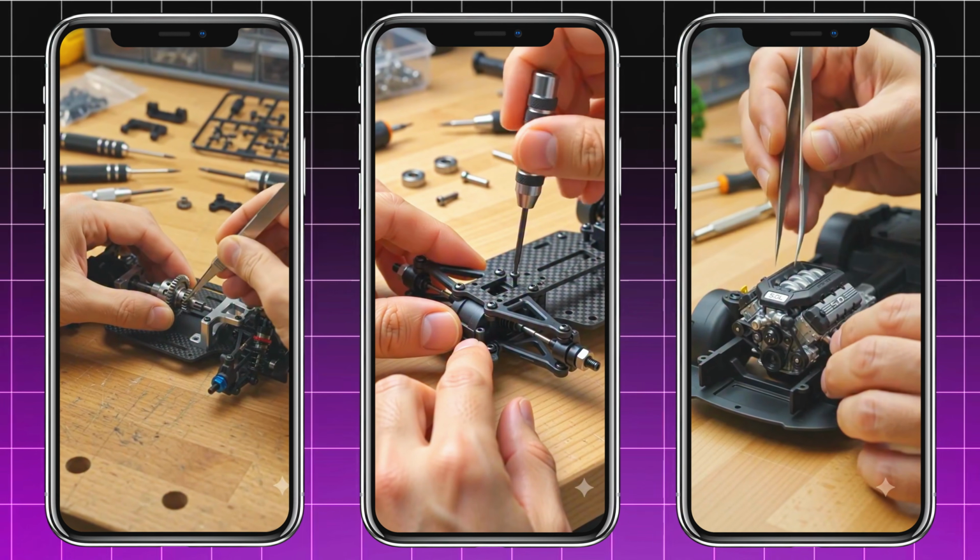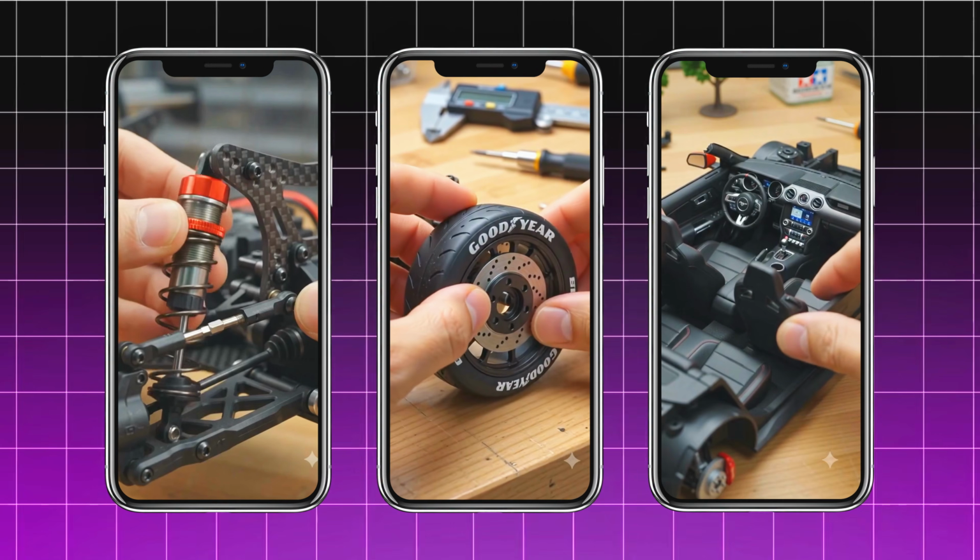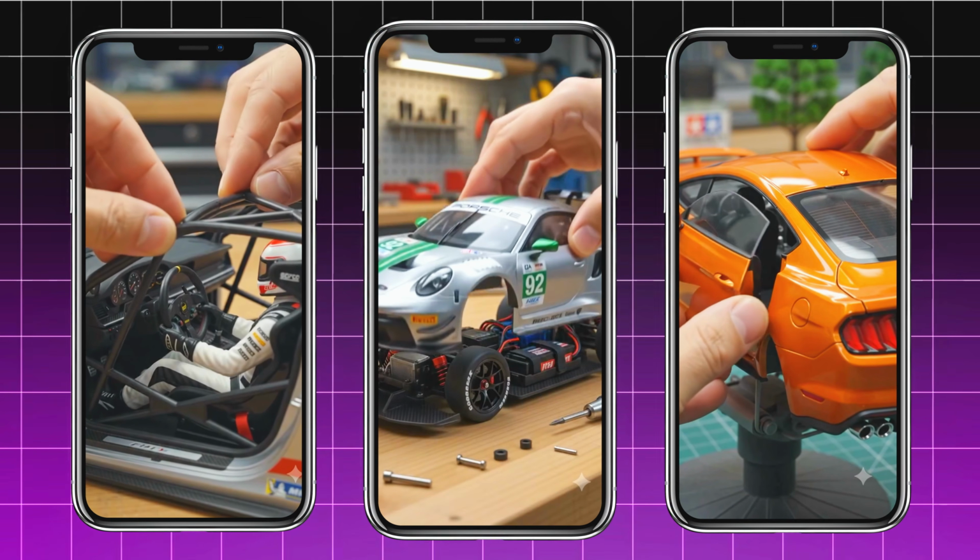That's just one example. You can create sports cars, motorcycles, supercars, classic cars, trucks, construction vehicles, or almost any vehicle